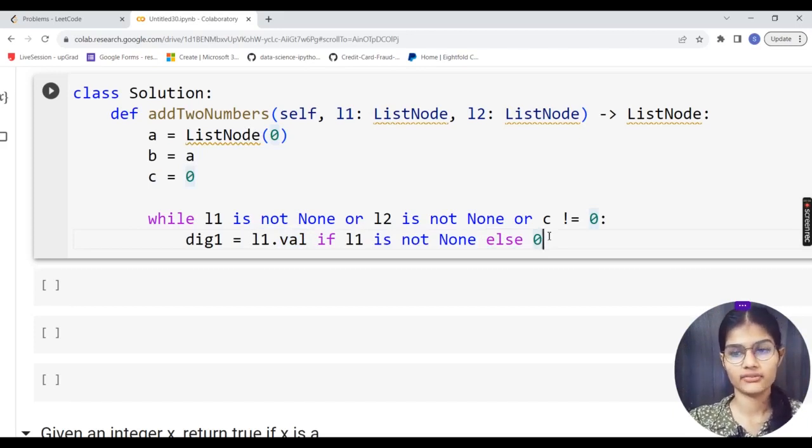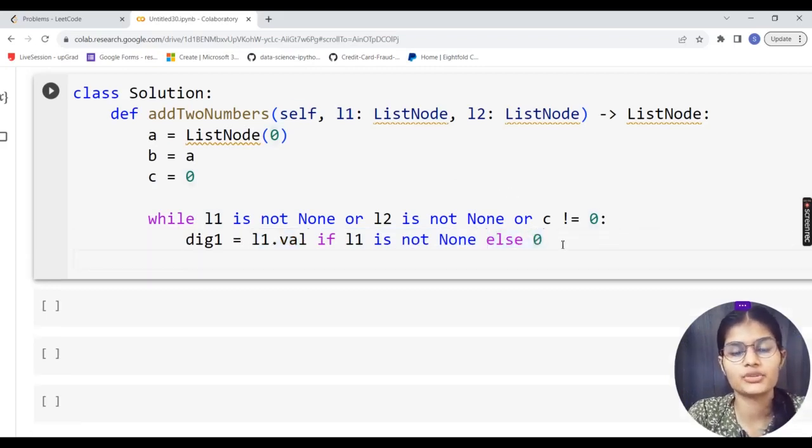If you have previously referred to my Python videos in detail, you might have got this right away. It means if L1 is not none, in that case I want L1 dot val as a result, else it will be 0. This is called shorthand if else. It helps save lines, and also the length and complexity of the code.